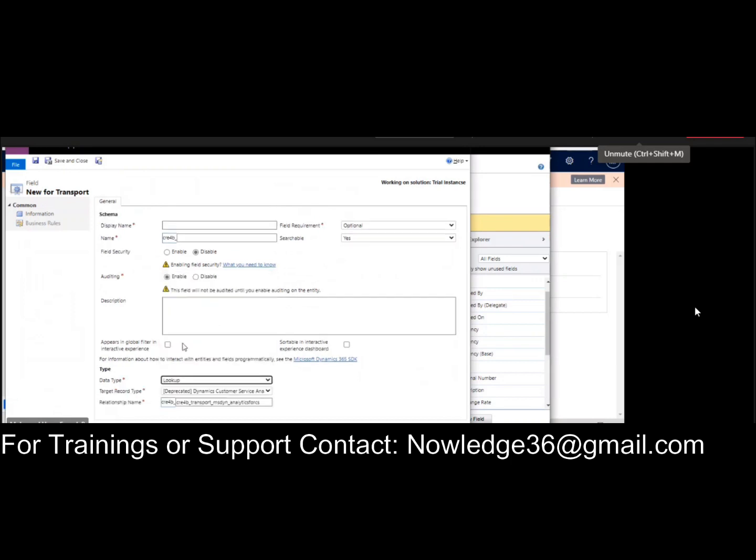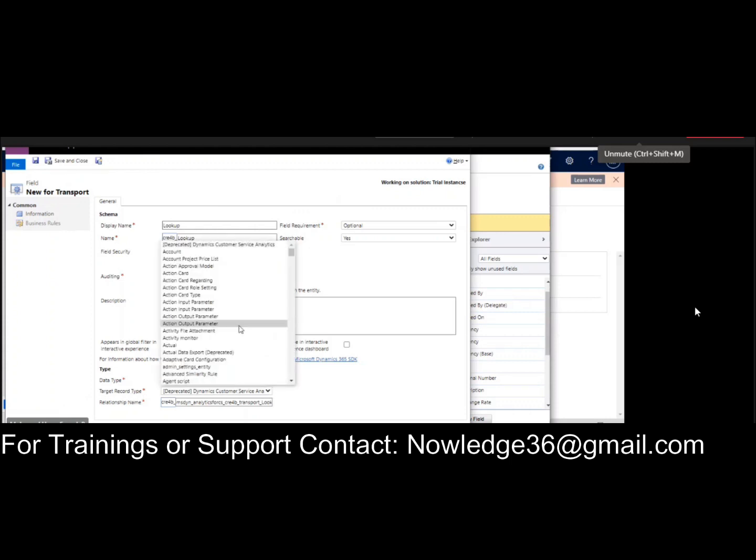Then lookup. Lookup is based on a one-to-many relationship. While creating the solution, we will add an existing entity. Here you see the target record type.